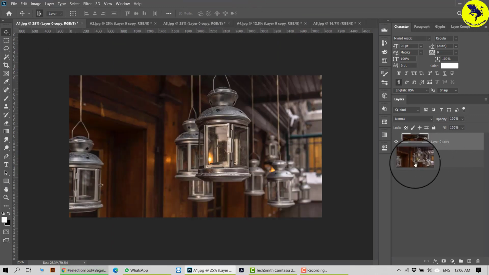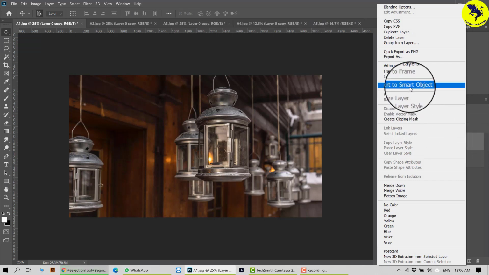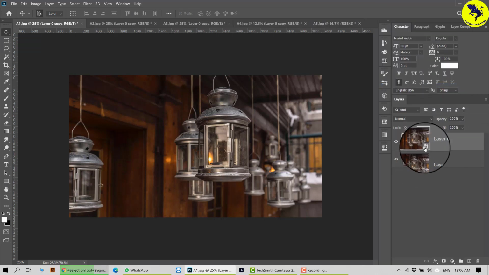Till now this was a picture and I made all the effects on the picture. What if this picture is a smart object? Okay, I'll right click and make the image a smart object. Now you'll get this small icon here telling you that it's a smart object. See, there is a difference between the original and the option.